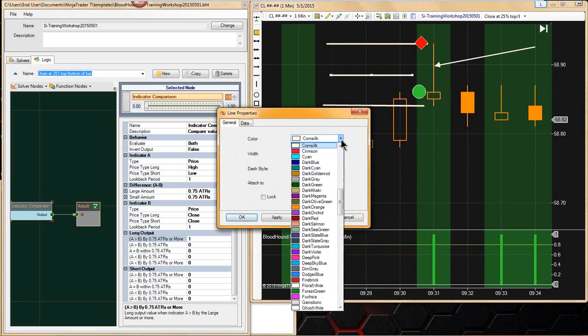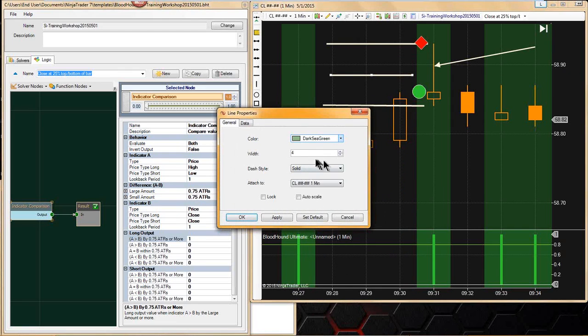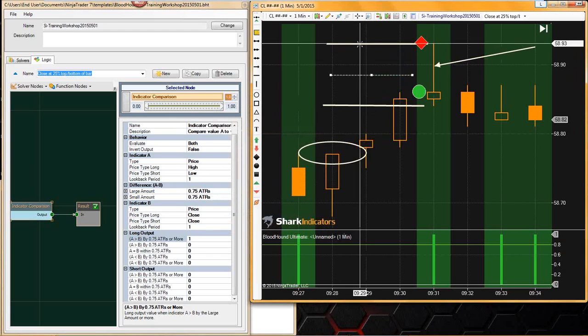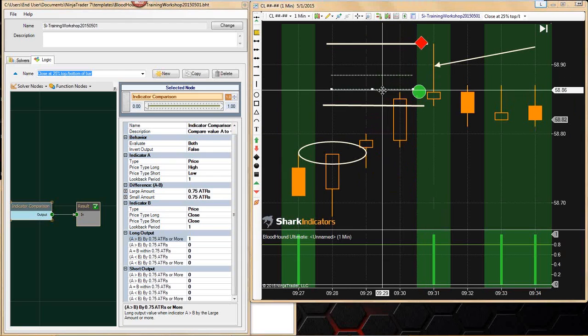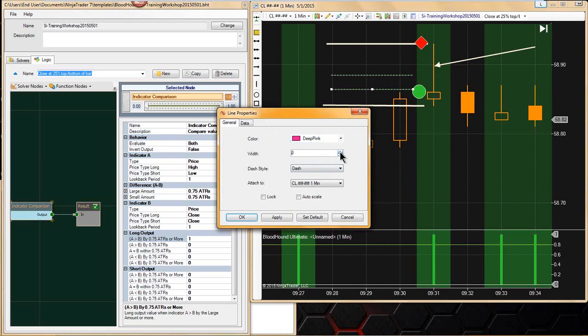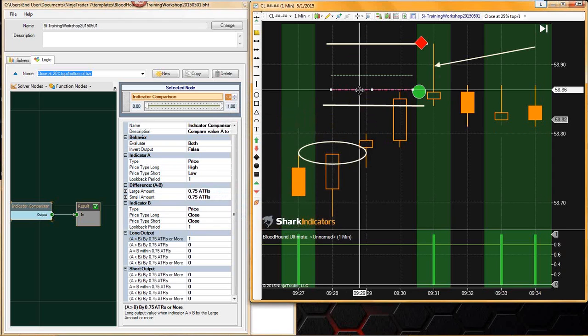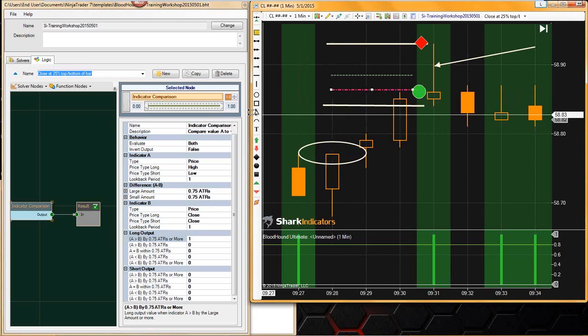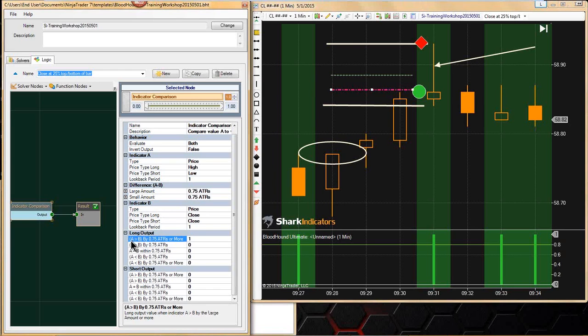All right, that line I put approximately at 50%. So that's about 50% between the top of the bar and the bottom of the bar. Let me copy this. This red line represents about 25% of the bottom half of the bar. So what the solver is looking for is we want A,